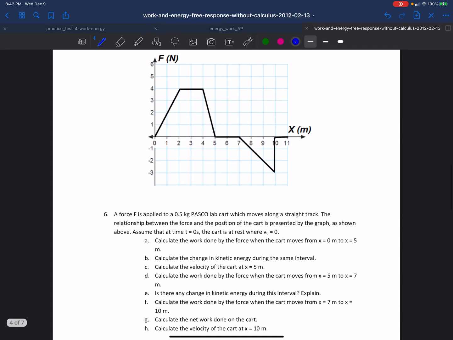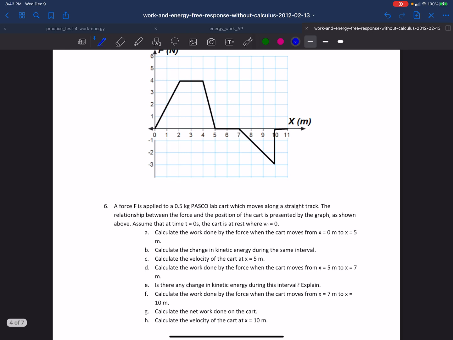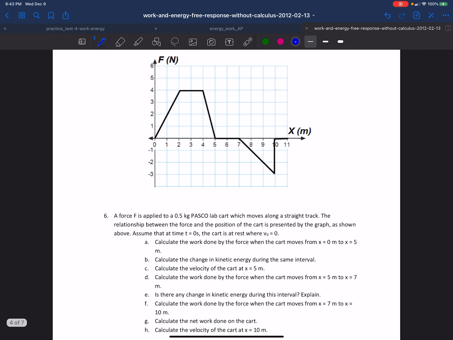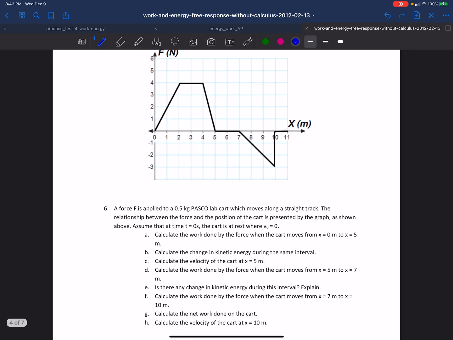Okay, so I'm going to be doing here a video solution for 6 on the free response without calc. Notice that it says without calc, and then I'm going to be bringing in some major calc ideas onto this thing, but again, you don't need calc to solve this, but for those of you that have taken a calc, you are going to recognize some major tips of the cap to calc ideas. So